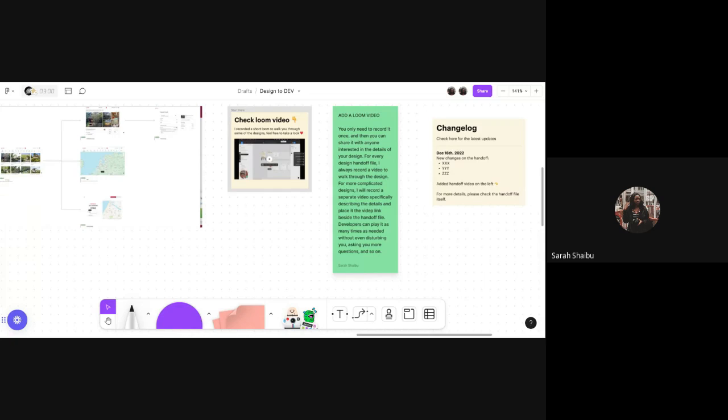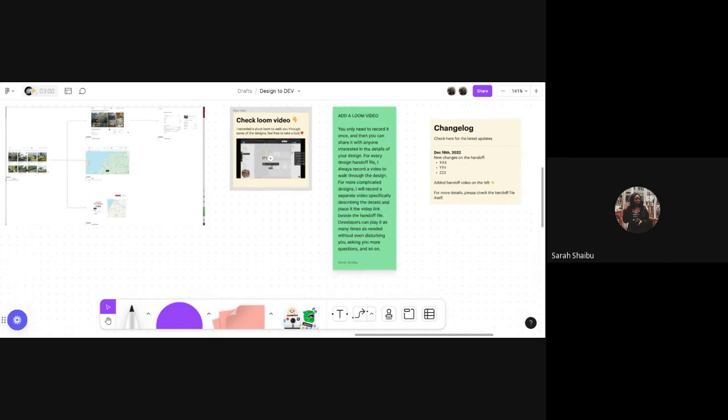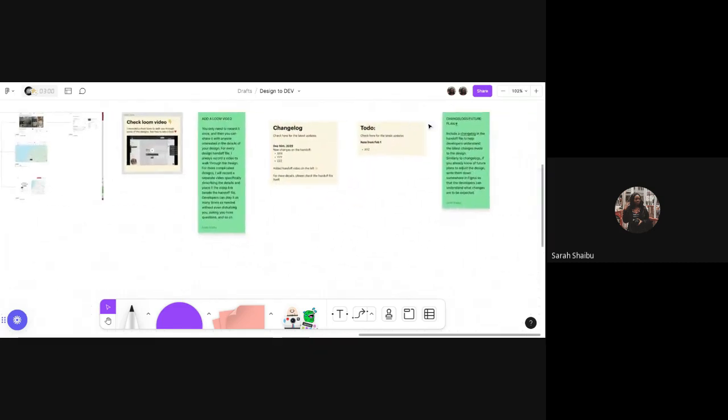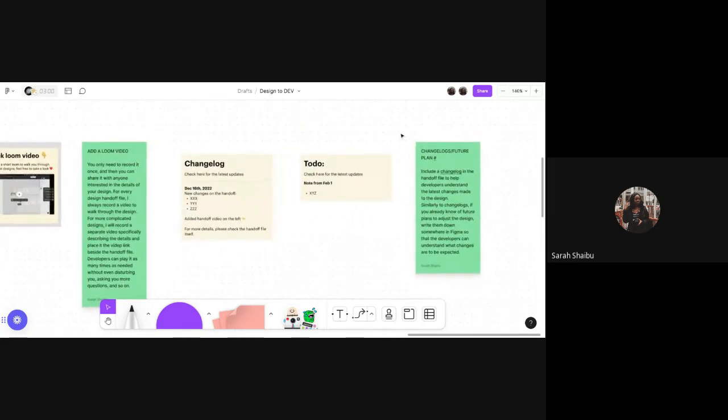Even for complicated designs, I still record the video, not just for developers, but for any other interested stakeholder who wants to know what they are looking at, where it came from, and how it actually works. For more complicated components, I typically would also do a video on that particular component, speaking about maybe something I newly added into our design system, for example, explaining why we added it to the design system, how it's going to be used, and just any information I think is important. So Loom definitely was a game changer for me in the last 2 years.